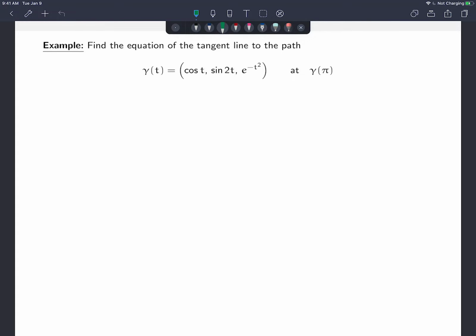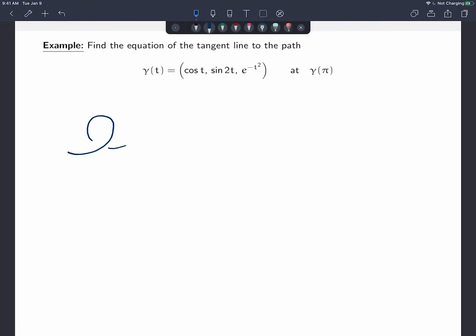Okay, so in this video we're going to find the equation of a tangent line to a path in R3. This is a curve (cosine t, sine 2t, e to the negative t squared). And I'm going to try to find the tangent line at gamma of pi. So the tangent of this curve, we're going to make a picture a little bit in GeoGebra, but schematically we're